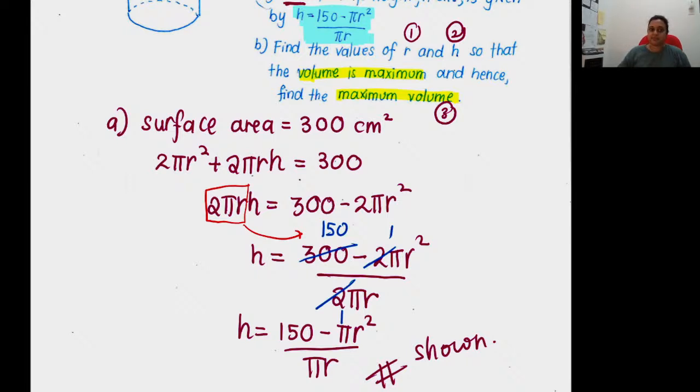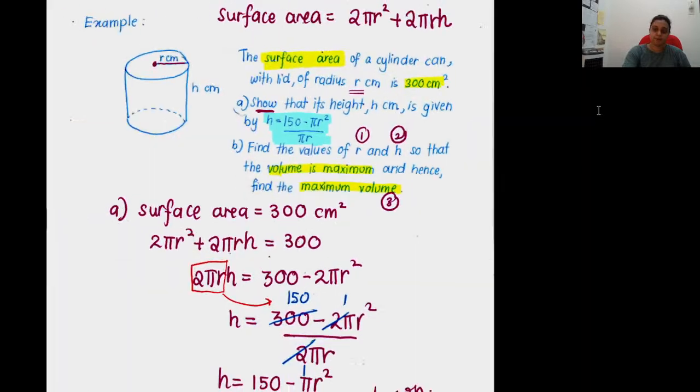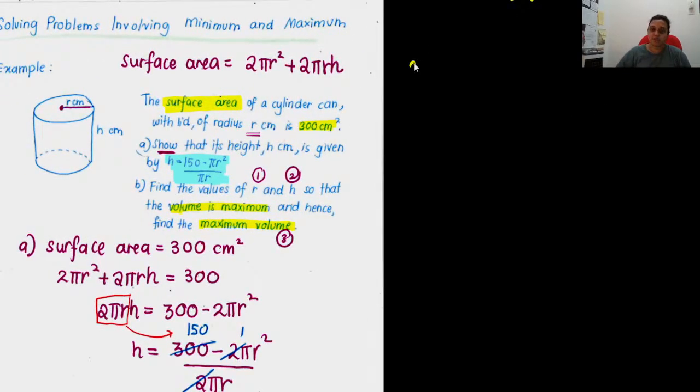So if now we are going to deal with volume, you need to know what is the volume of a cylinder. You see, now there are a lot of formulas that you need to know, right? The volume for a cylinder is pi r square h. We start with that, pi r square h. Find the values of r and h so that the volume is maximum. Your keyword here: maximum. The moment they mention this, that means you are already doing differentiation,